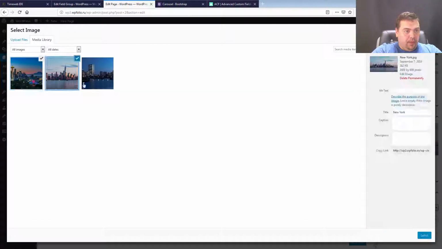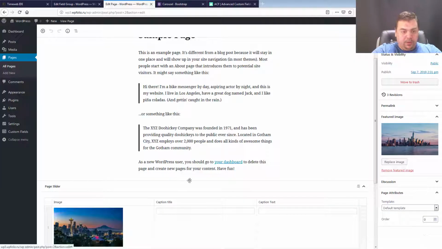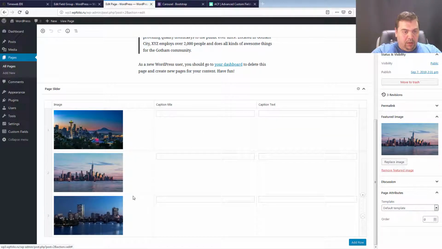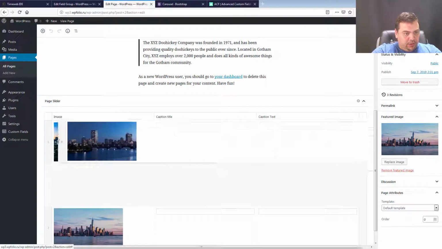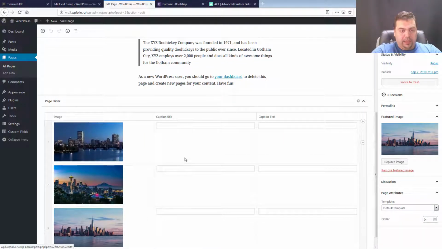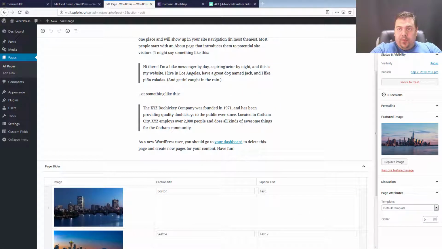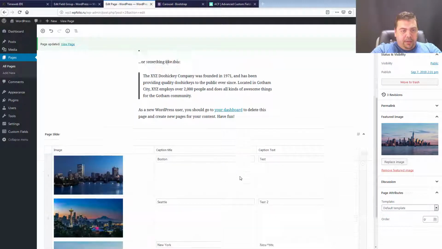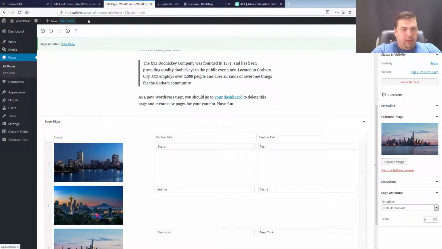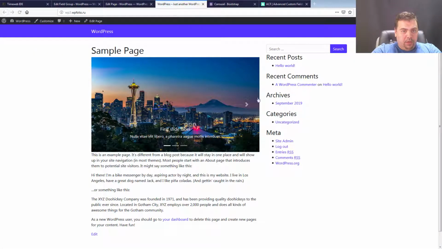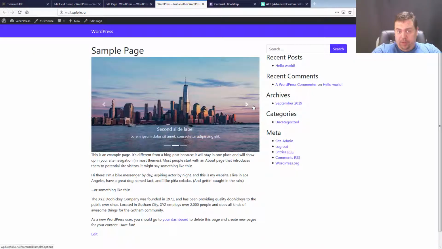So I selected 3 photos in one set, and I can change the order, and then I will put some information here. Okay, great. I will click update,